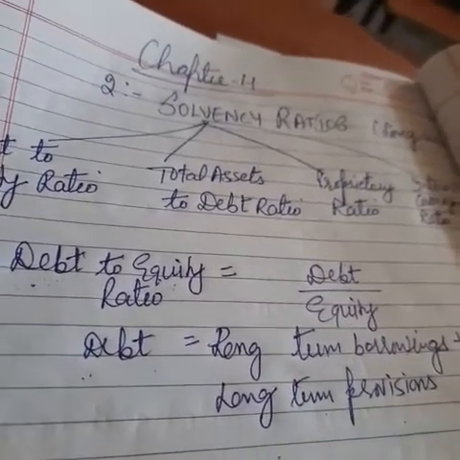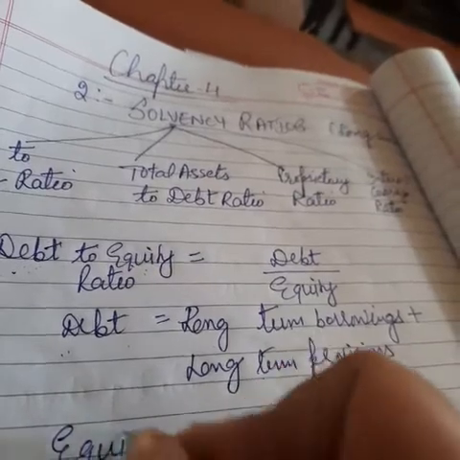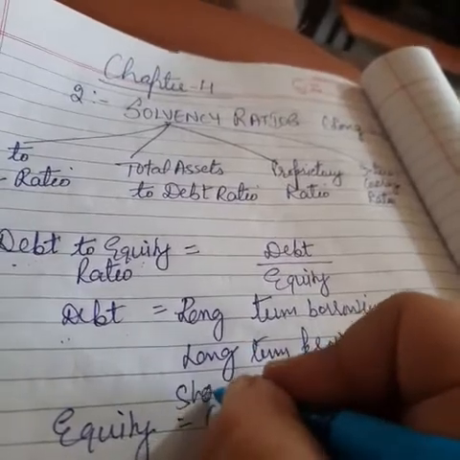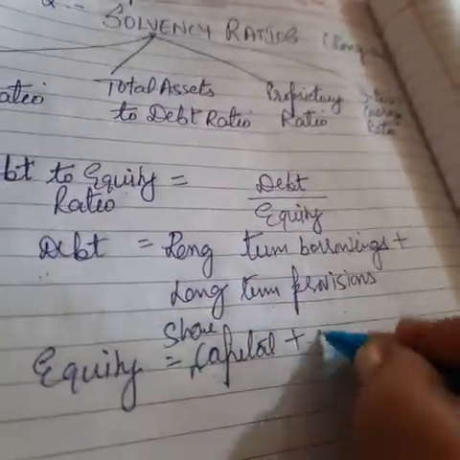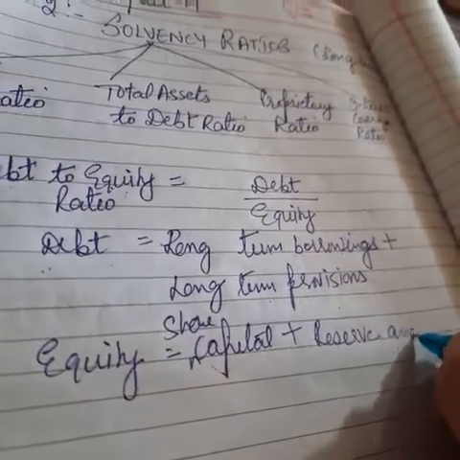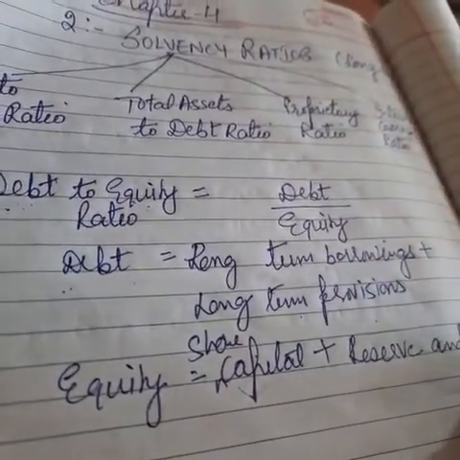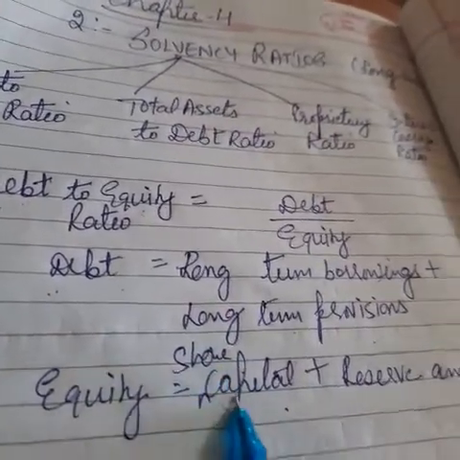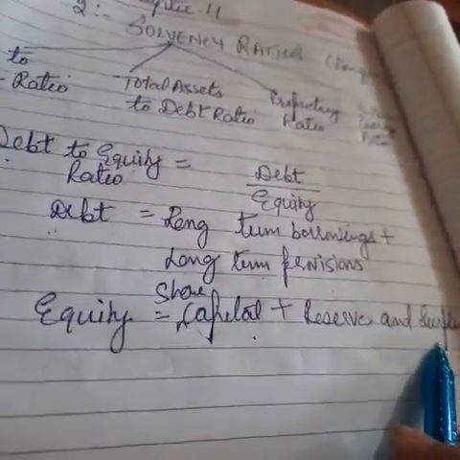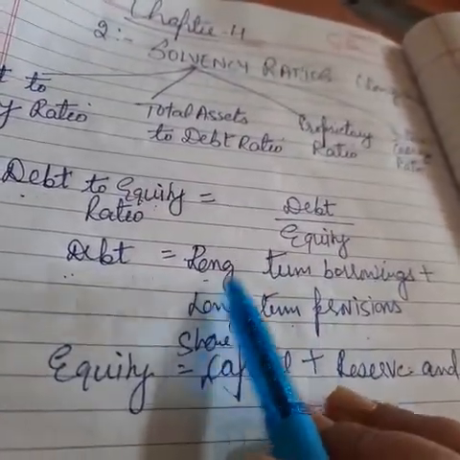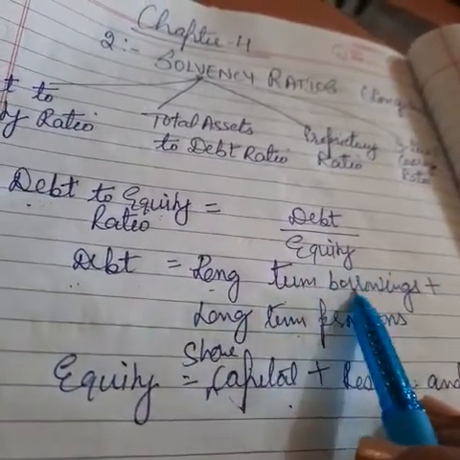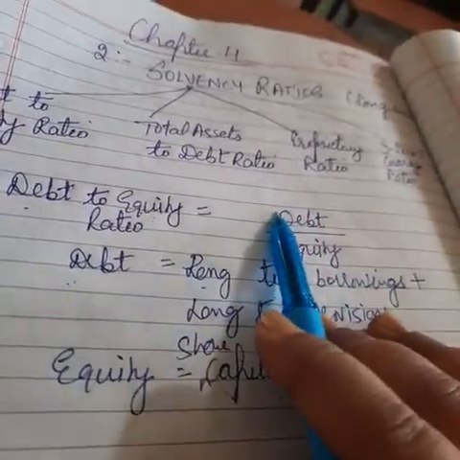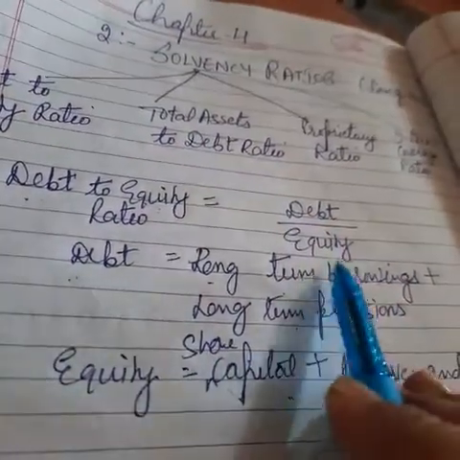Okay, and equity means shareholders funds. So equity is equal to the capital that is invested by the shareholders. We can say that share capital, right, plus reserve and surplus. So equity means the money that is invested by the shareholders, that is share capital plus reserve and surplus if any, right? Then what we have to do? We have to find long term borrowings, means long term loans or debentures if given in the question, plus any long term provision. Then make a total of this and put here in place of debt, and then we have to find out shareholders funds.